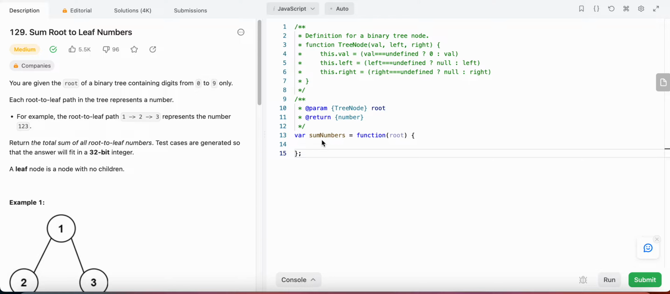Hello friends, today I'm going to solve LeetCode problem number 129, Sum Root to Leaf Numbers. In this problem, we are given the root of a binary tree and each of the nodes has a value from 0 to 9 only, and we have a root to leaf path, and for each of these root to leaf paths,